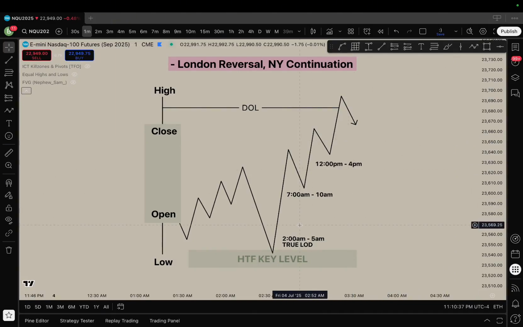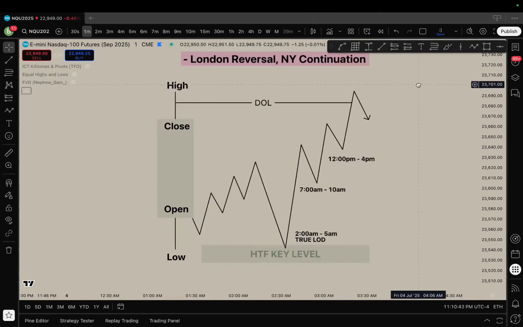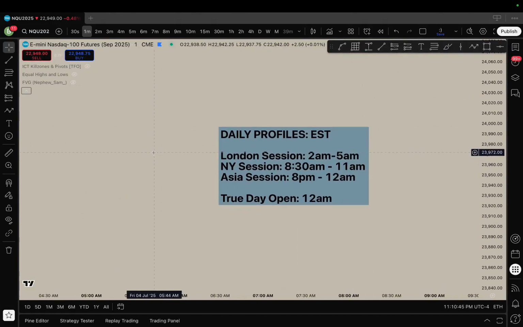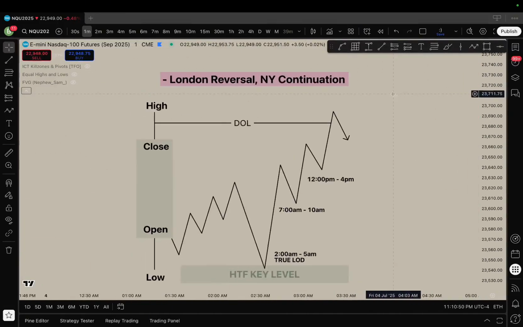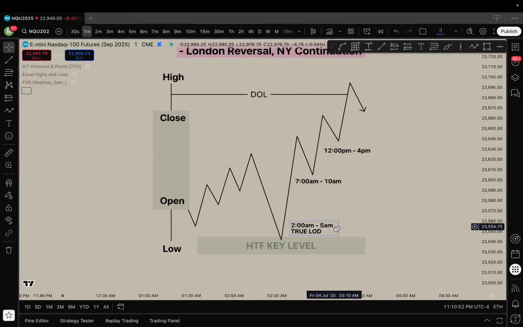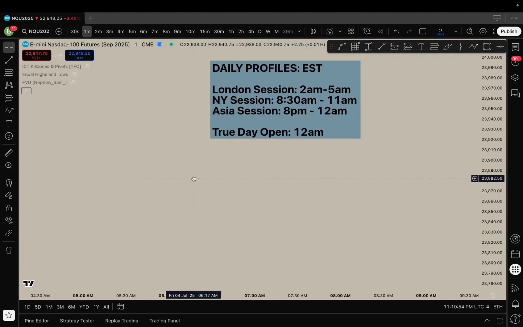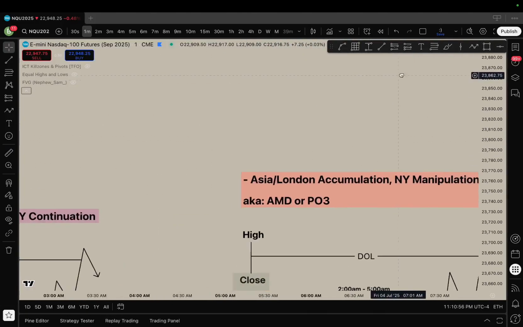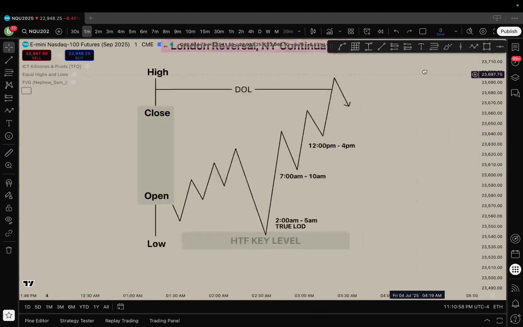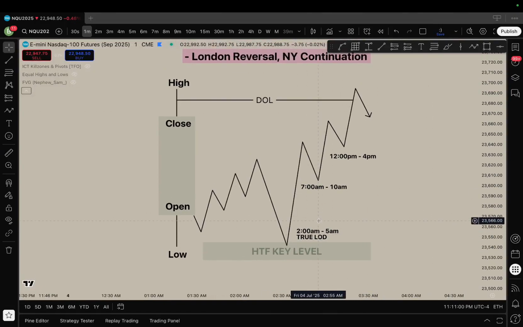Before I get too ahead of myself, I did put 2 a.m. to 5 a.m., but there are going to be times where we will have that manipulation occur during Asia session, which is from 8 p.m. to 12 a.m. So you do want to be paying attention to 8 p.m. to 12 a.m., because there are times where we will have that manipulation during Asia,